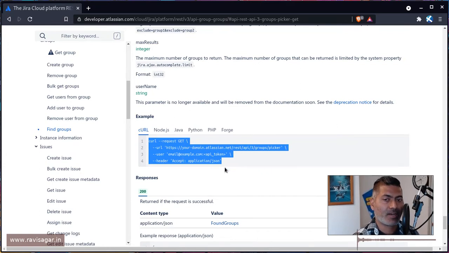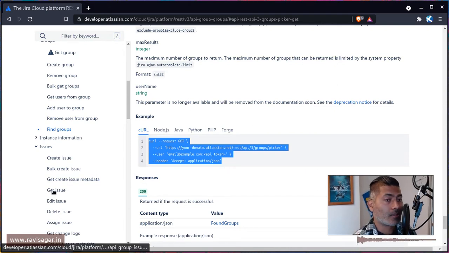In my case, I have my base 64 encoded token stored in an environment variable. So I just use one variable here, so that I don't have to type it in. For example, if I'm showing you a script, I don't have to show you my token because I don't want you to do things on my Jira instance, but this is something that you can do straight away. Copy and paste this.